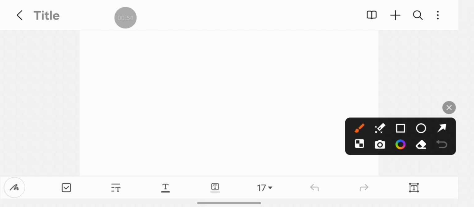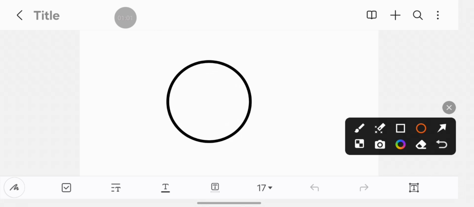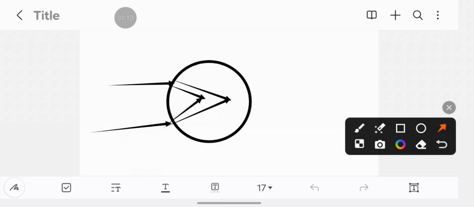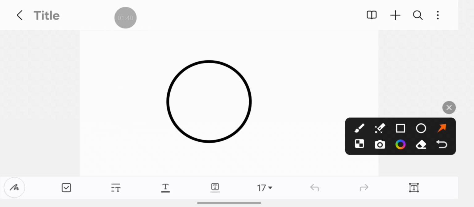So what is astigmatism? Suppose this is your eye, and the parallel rays of light coming from infinity, if they focus on two separate points rather than a single point, lead to astigmatism. Suppose this is compound myopic astigmatism, or suppose one light ray focuses in front of the retina and another focuses on the retina, that means it is simple myopic astigmatism. Anatomically, astigmatism can be of two types: corneal astigmatism or lenticular astigmatism.